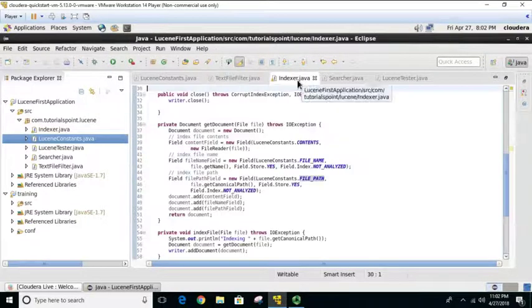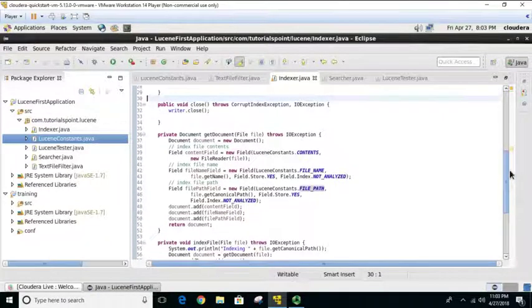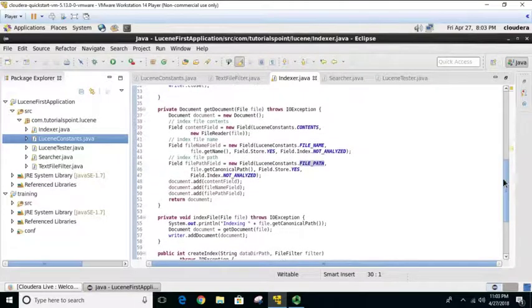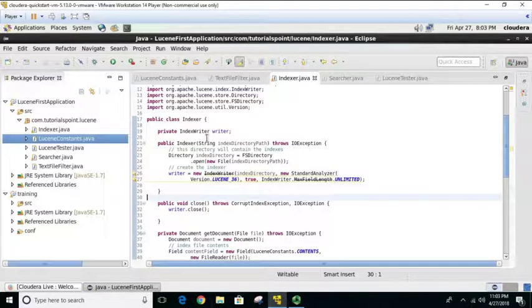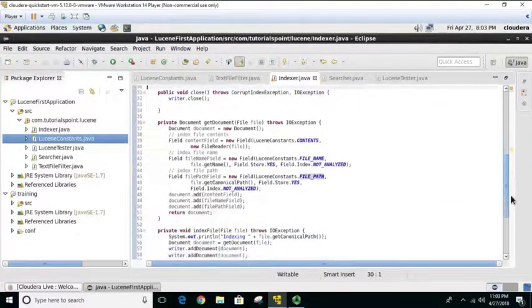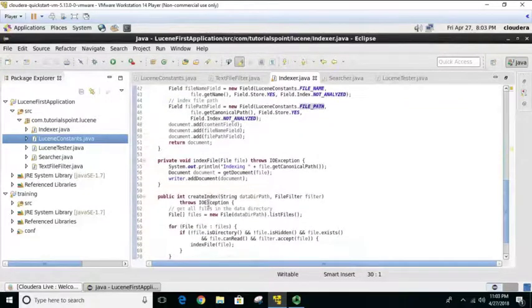The third important class is the Indexer class. The Indexer class indexes a file. In this we created an object named writer, an IndexWriter. Here we have used the createIndex method. When we go down, this is the createIndex method we have used over here, and this